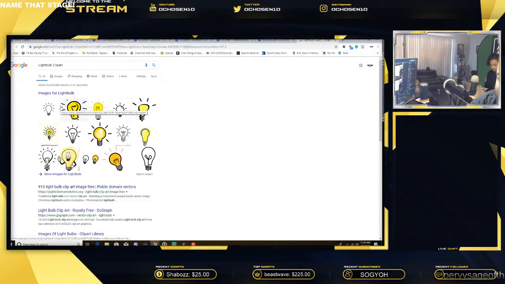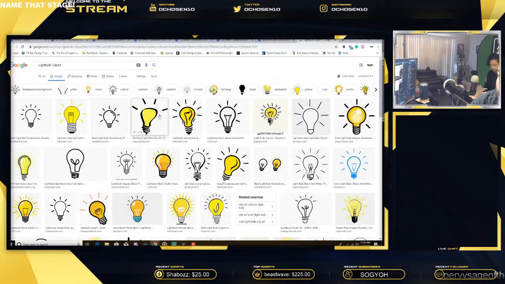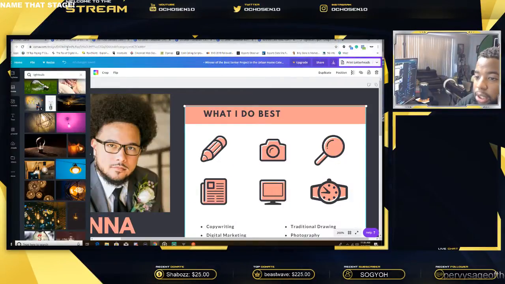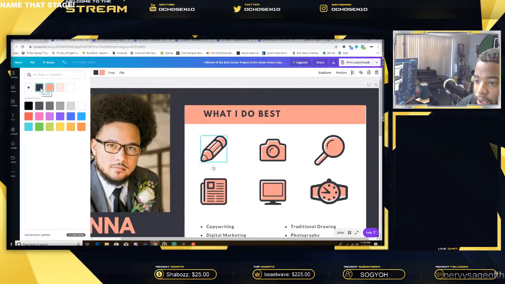But the only thing is that you're not going to be able to change the item from what the image is, right? Like when you're in Canva, you can change this thing's color, right? So if we're going to do this gray, like maybe we're going to follow Bo's jacket, we're going to make everything gray. Well, we can do that because this thing came from Canva. Does that make sense?